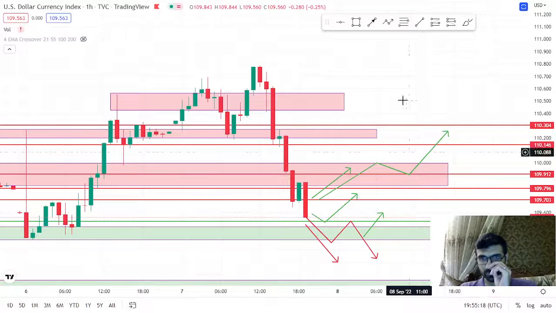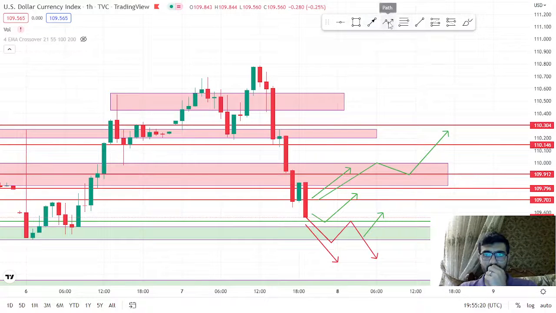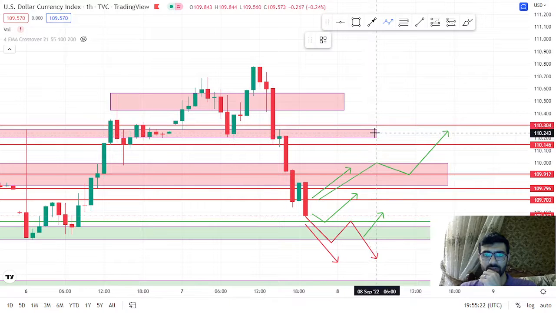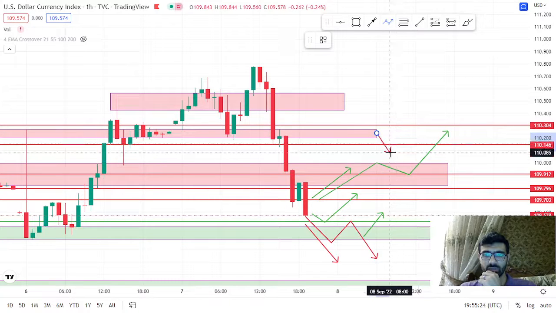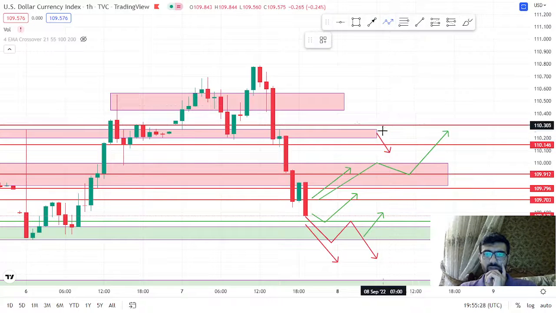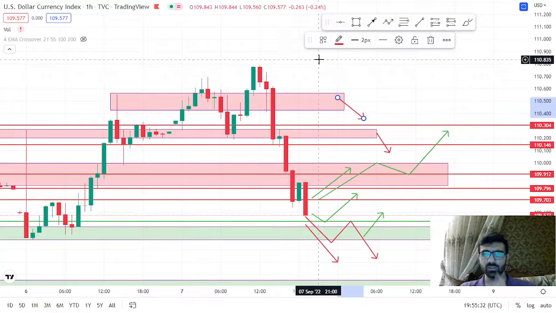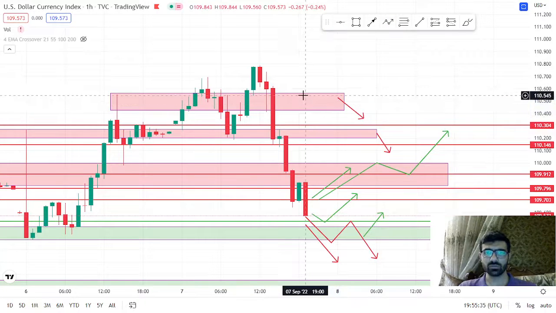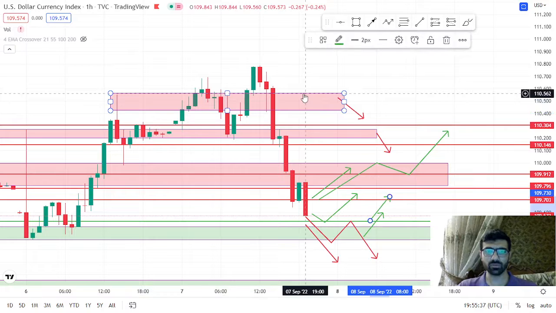And on the other hand, if the market just tests this area and closes below this area, we will go short from here. And similarly, if the market tests this area, we will go short from here. And as this new area has been formed,